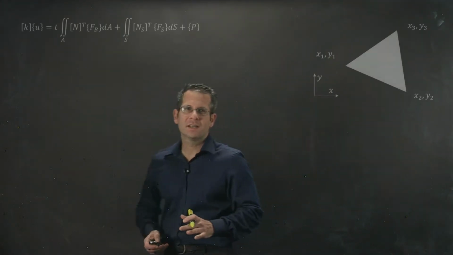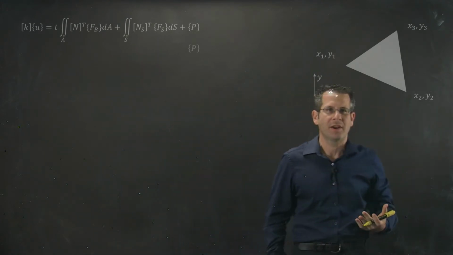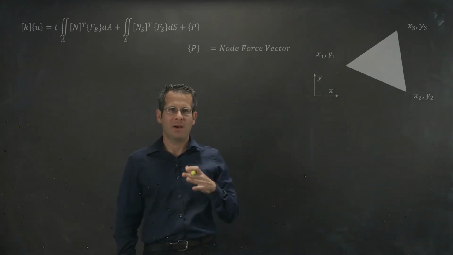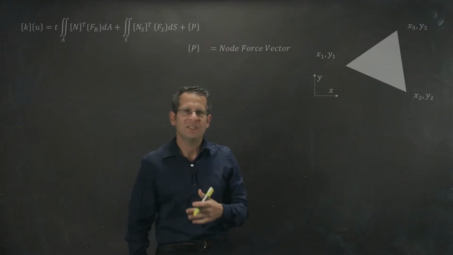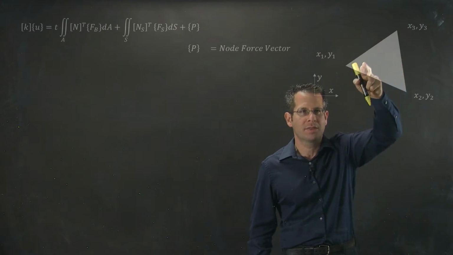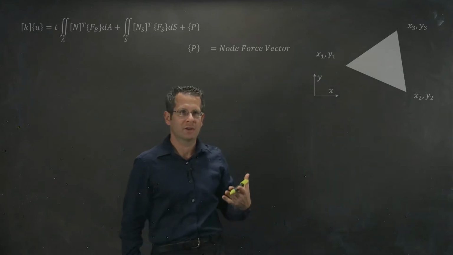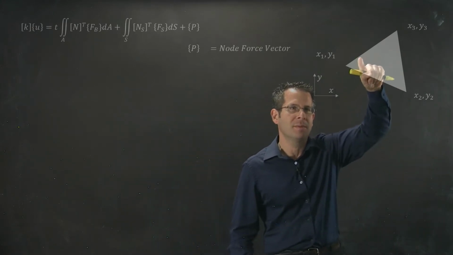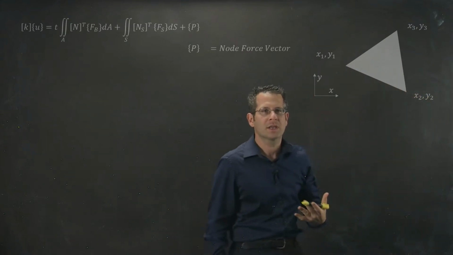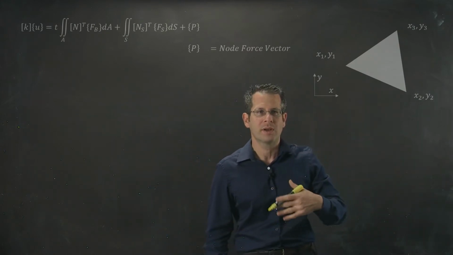Since we've discussed the other two terms on the right-hand side of this equation, I think it's only fair to give the point force vector a little bit of time as well. In addition to body forces that can be distributed throughout the entire three-dimensional body that's represented by my model as a two-dimensional triangular element, and surface forces that can be applied along a surface of my two-dimensional element, of course, there can also be point forces, which I would design my elements so that all point forces applied would